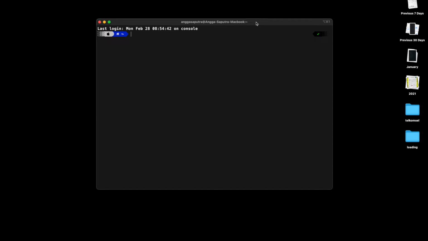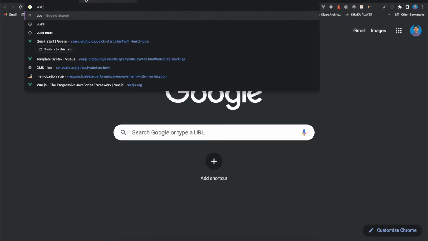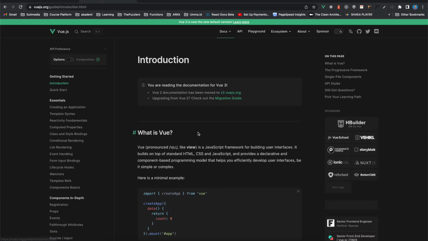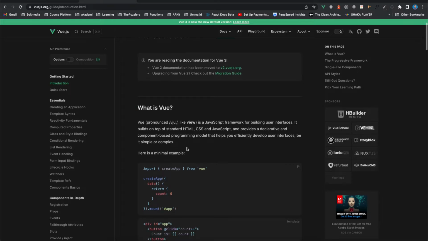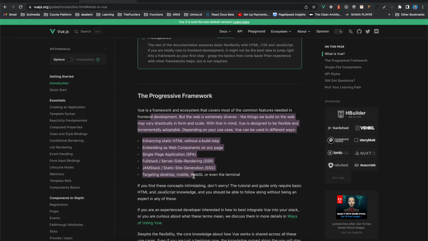So on this occasion, I would like to share how to get started with the quick start in Vue.js. When we jump into the documentation, you can search Vue.js and go right into the documentation right away. Just click get started. In this introduction part, you can see what Vue is, the progressive